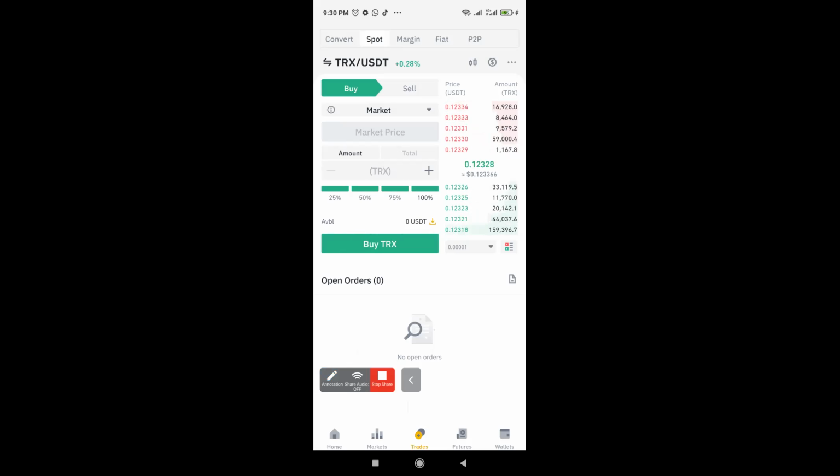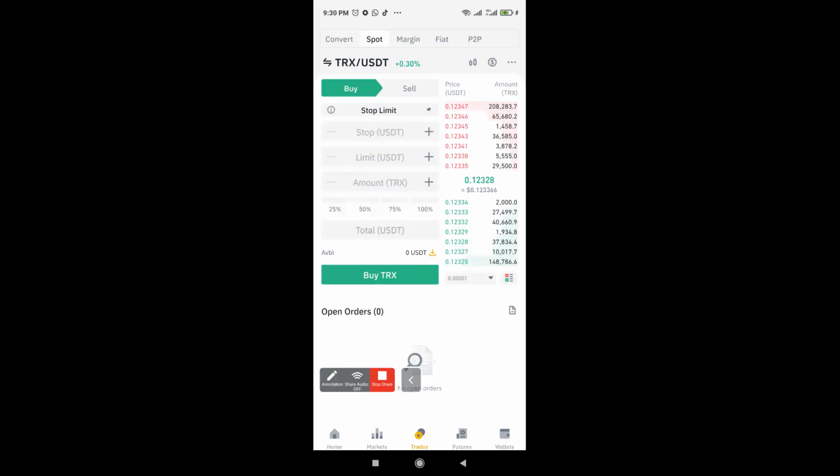Okay? Now, if it is stop limit, I remember saying that stop limit, you have to set two prices. Number one, for stop limit, you first set the price you want Binance to alert you at. For example, this is 0.12347. I'll say, Binance, please watch out for me. In this place, you put your alert amount.